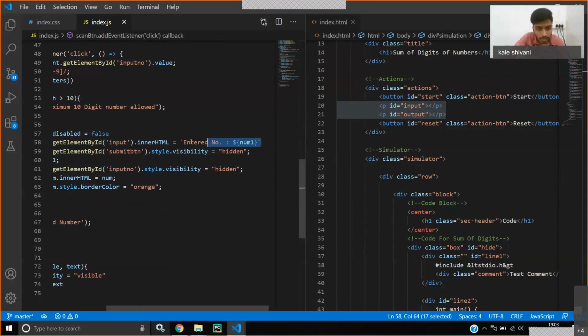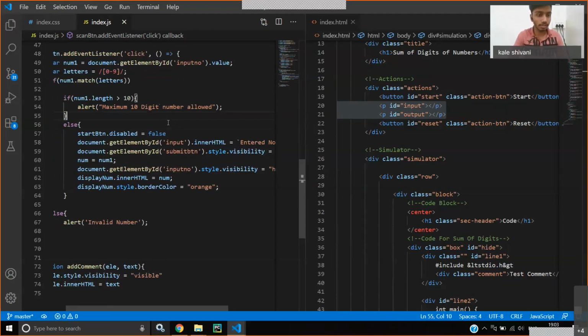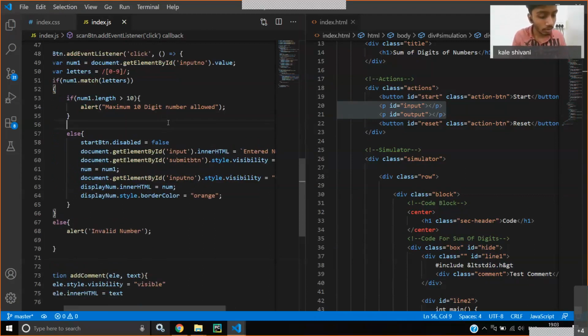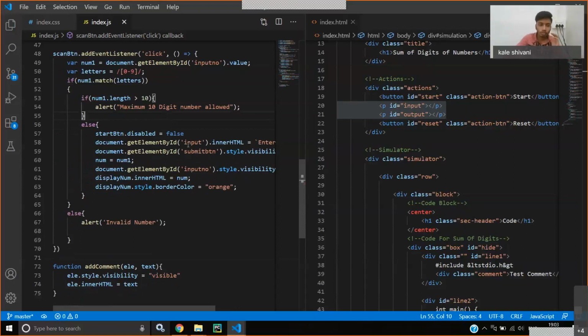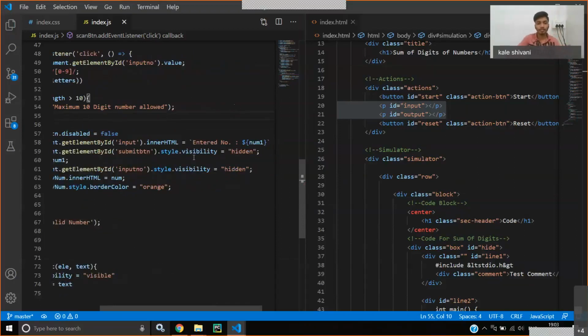And I also point out this is not a single quoted string. This is something called a string template in JavaScript. To type a string template, on the upper side of your tab, there is a key. We used to call it a tilde sign. Just press it once. It will give you the string template inside JavaScript. It is useful when you want to add any value to a particular string. And we are accessing that value by using dollar, curly braces, and the variable name.